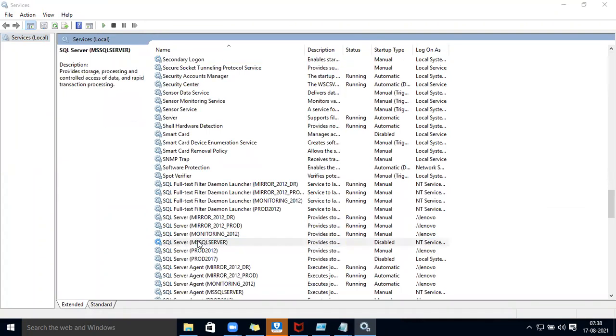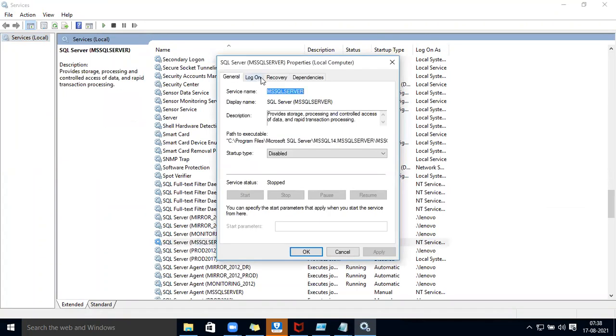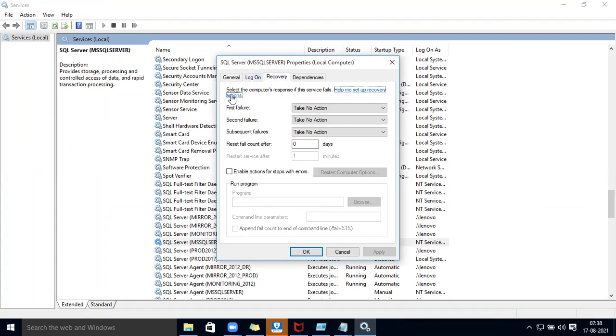See here, you will see the recovery. If the first fails, take whatever action you want. If the second happens, what do you have to do? If the third happens, here you can type one program, put it into a file using a PowerShell file, or you can start the services; that also you can do. Many companies are doing it.